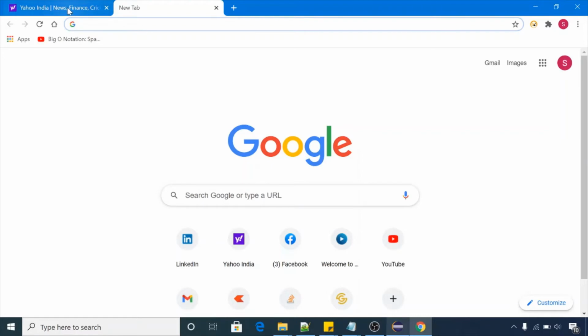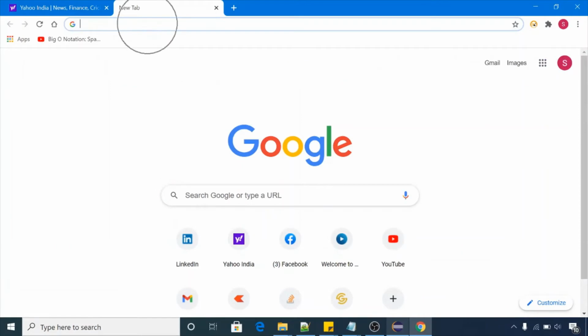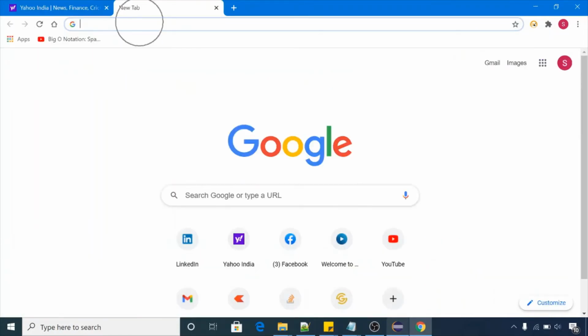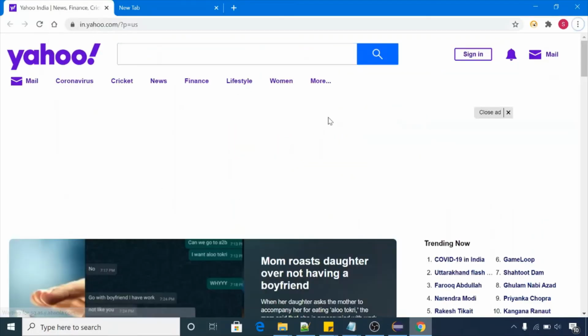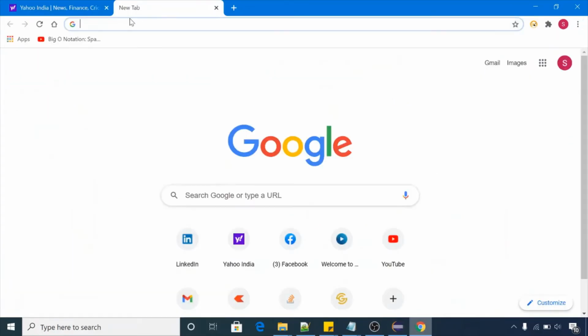If you want to open some content here, you need to switch to this handle. Selenium has a separate handle for this tab and for that tab, and by default Selenium has the handle on the old tab. So you need to get the handle of the new tab and switch to that handle, and after that you can perform operations on this tab. Let me show you how to do that. We got the handle for the older window, that was this one, and now we will try to open one website on this empty page.